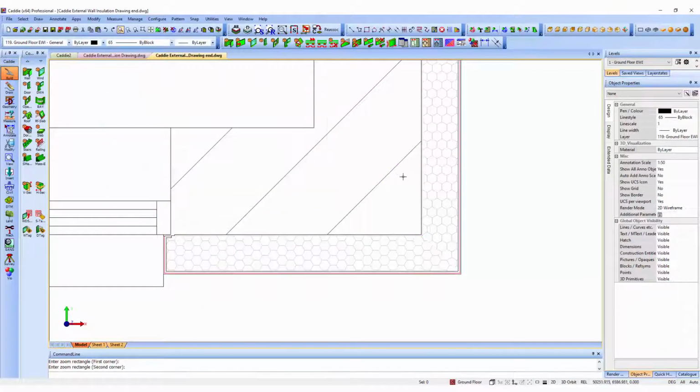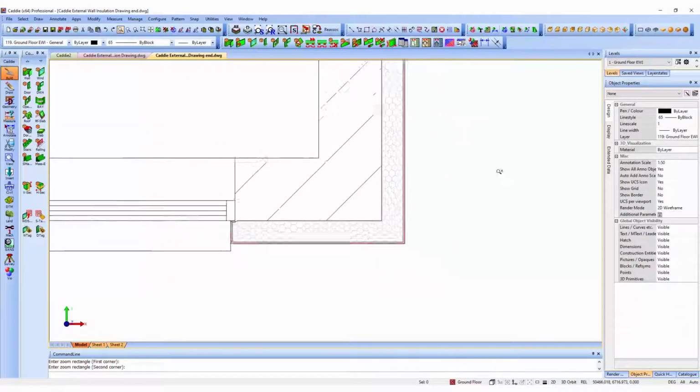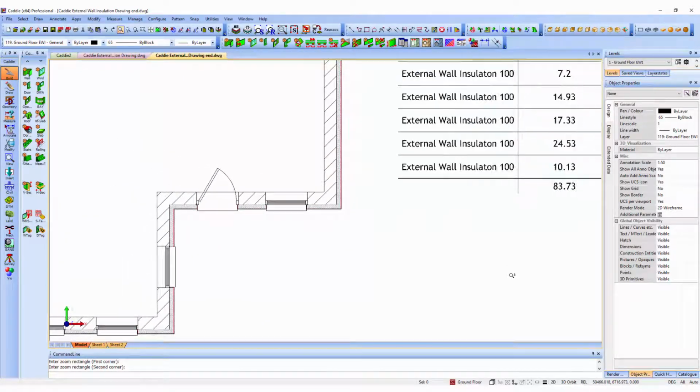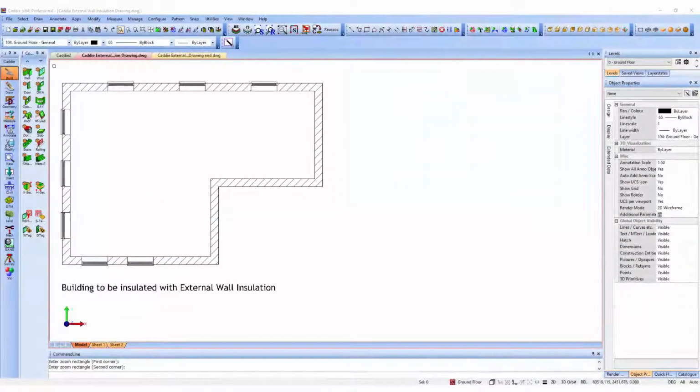So all of this takes place automatically within the Caddie system with the walls designated. And what we're going to do is finish off a survey that we've got part done, add in some additional doors and windows, and then look at how we can add to that the external wall insulation and create the schedule. So moving across to our survey drawing, we'll see that we still have a door to add along with